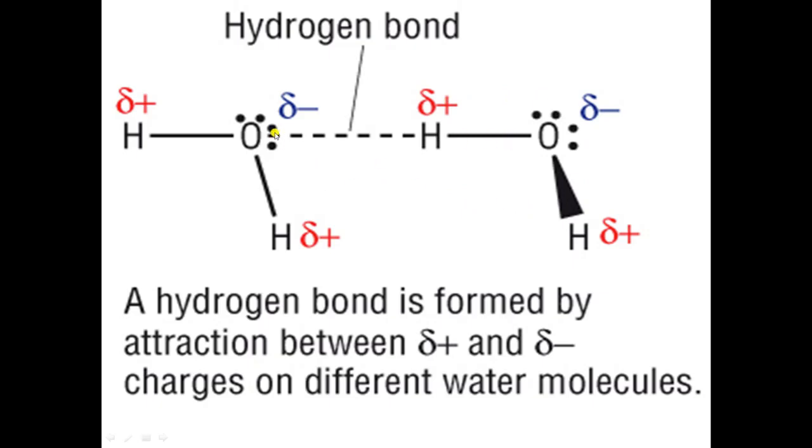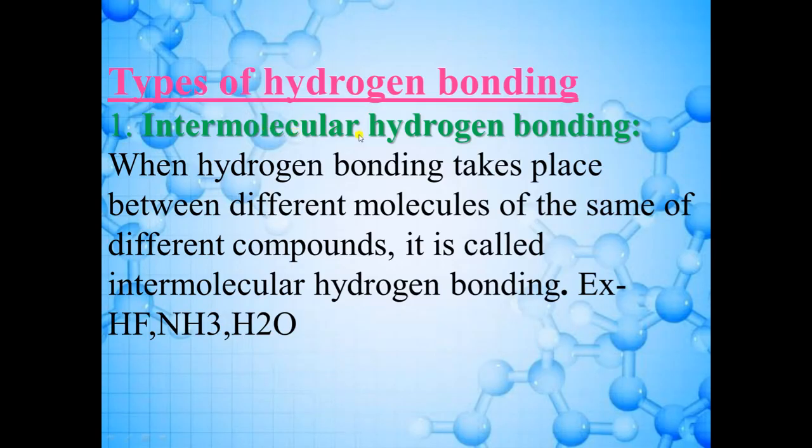Now you will observe that this electronegative atom, oxygen, will be attracted to the electropositive atom of the second molecule, right? Because there will be attraction between the negative and positive pole. So here, this oxygen atom is attracted to the hydrogen atom. There is some attraction between these two and this attraction is a bond. Which bond? Hydrogen bond. It is represented by a dash line. Now there are two types of hydrogen bond. First is intermolecular hydrogen bonding.